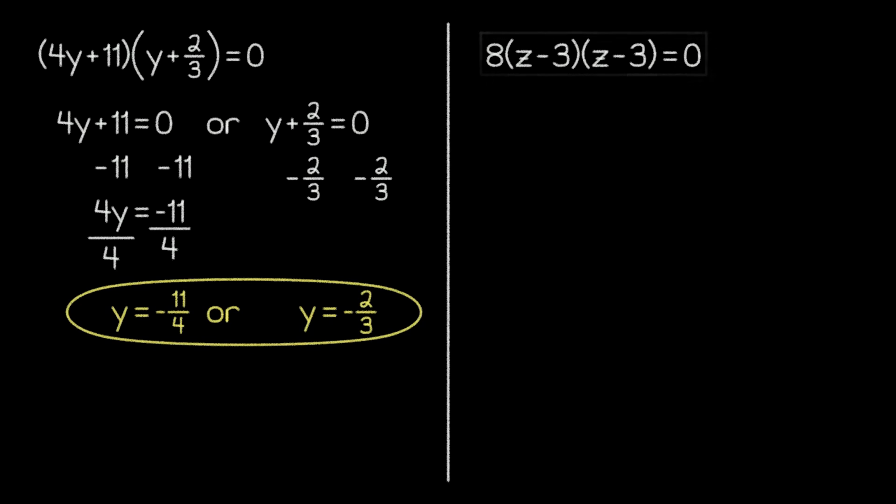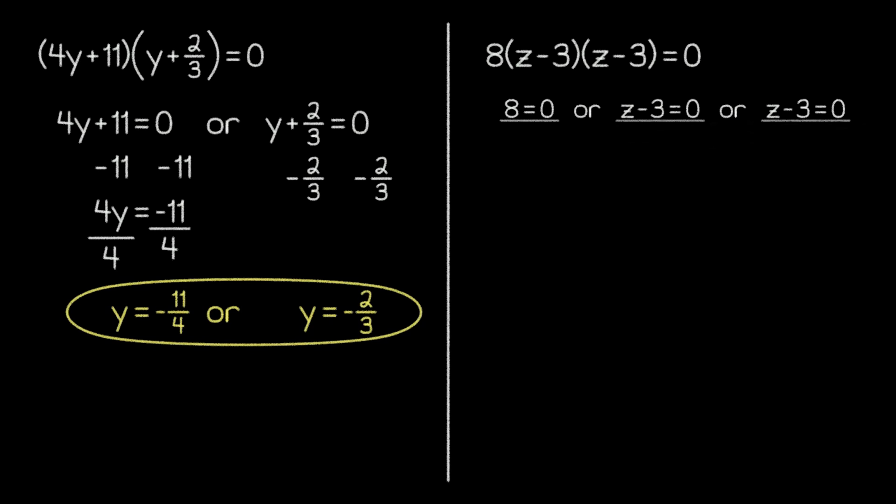First, the expression on the left side of this equation contains 3 separate factors, so technically, we should set each of those factors equal to 0. It might initially look like we're about to get 3 solutions here, but when we examine our first equation more carefully, we can see that it's impossible. 8 is not equal to 0, so we can ignore that case.